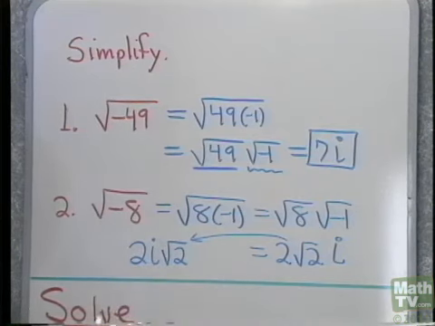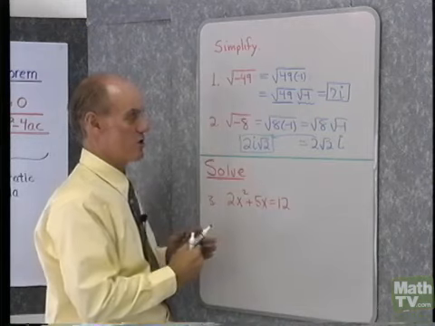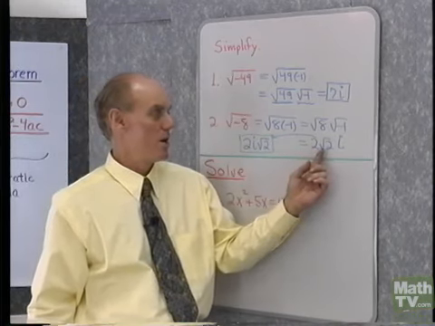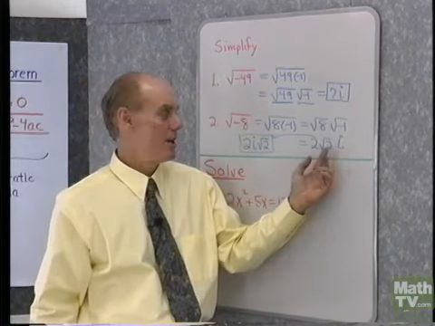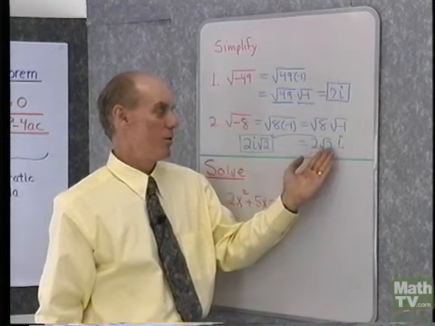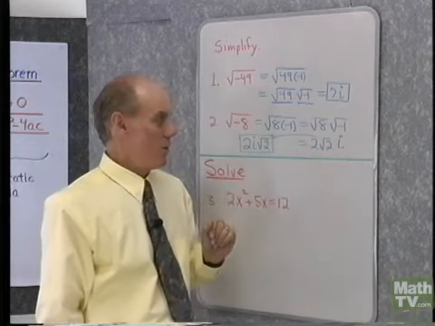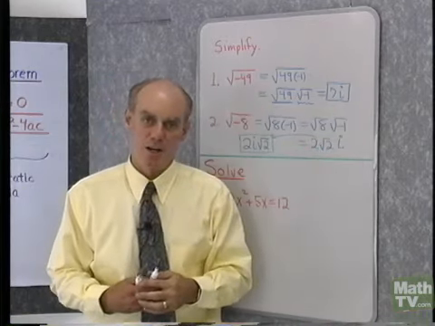That's because multiplication is commutative even when there's the number i involved, and so I can change the order of this product, 2 times square root 2 times i, into any order I want. This is just a little clearer this way, and I won't make the mistake of thinking that that i is under that square root. Now what we want to do is solve a variety of quadratic equations,